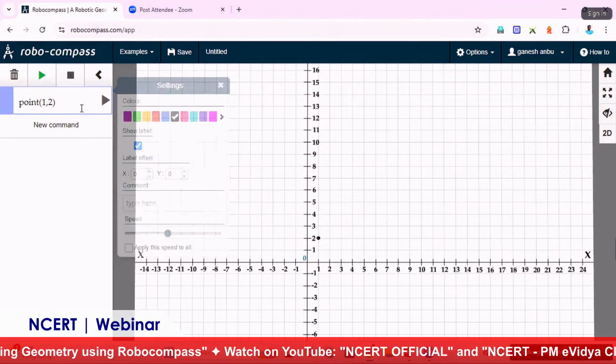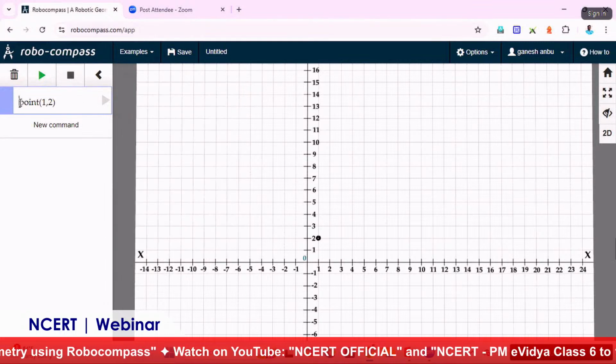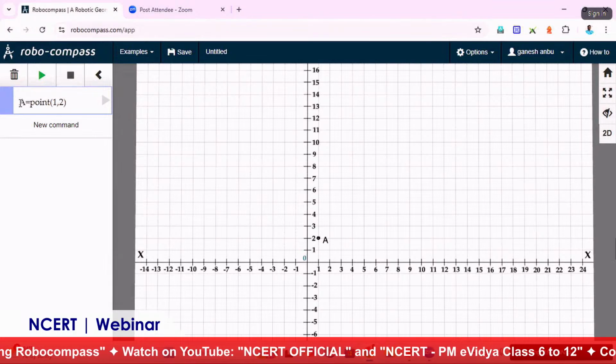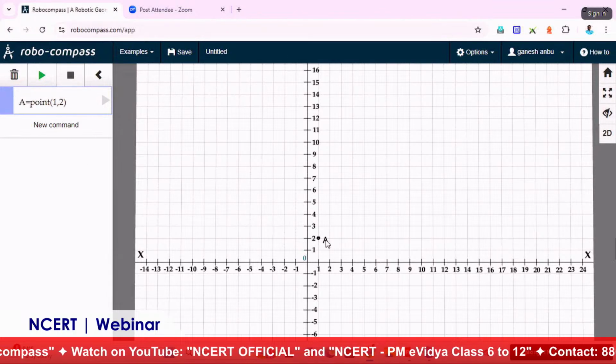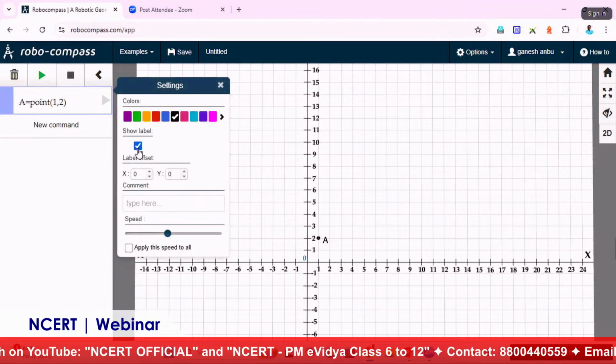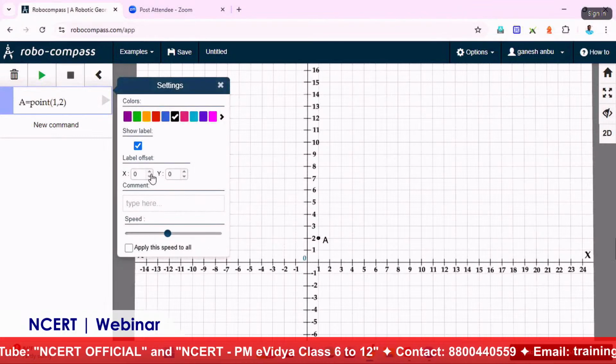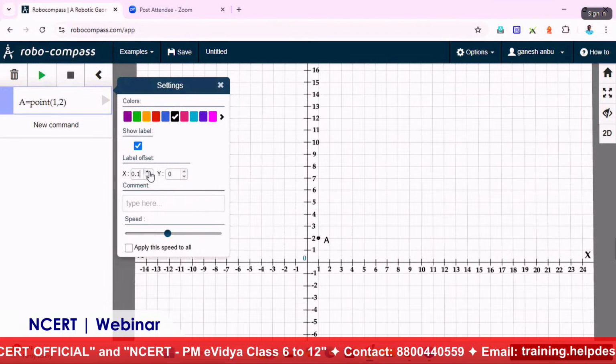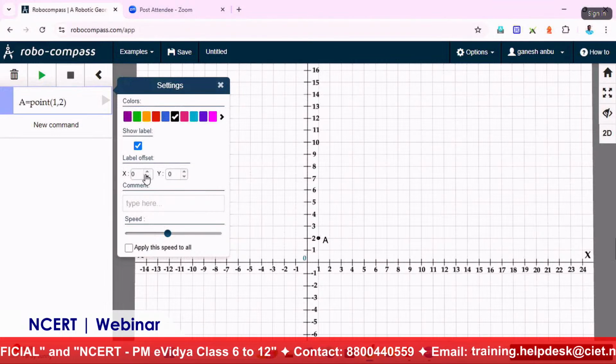Now I will do one thing. I will change it as A is equal to point. Now you can see the label is visible here. So with the settings, we can enable and disable the label option, and also we can show the label offset,